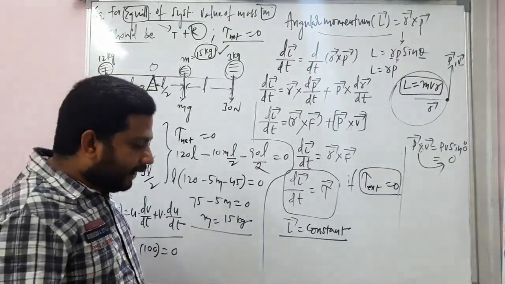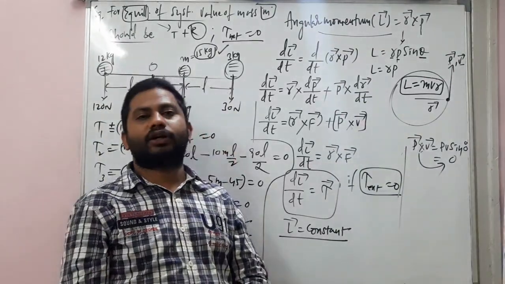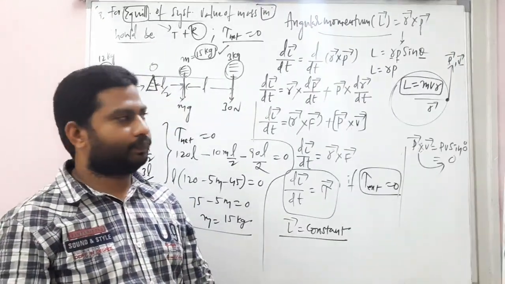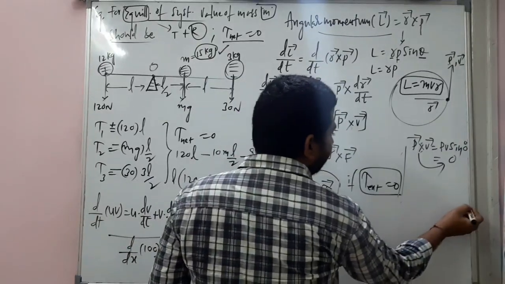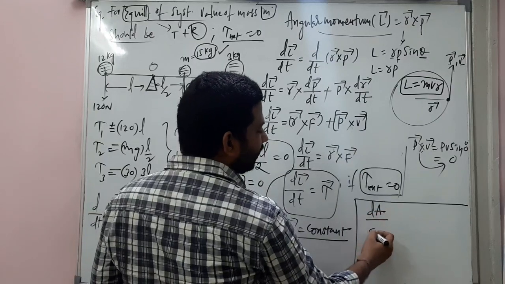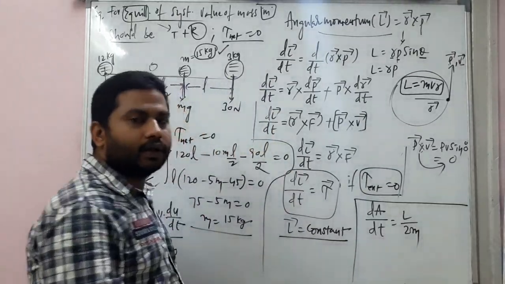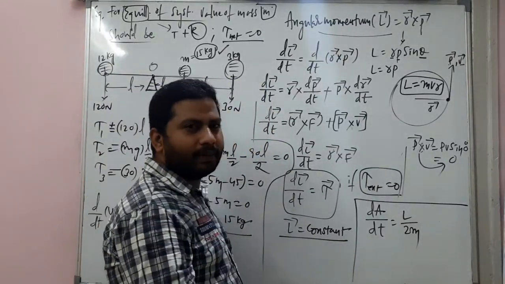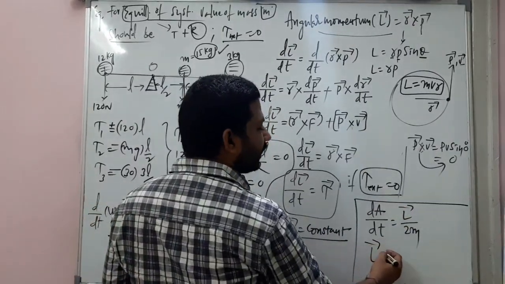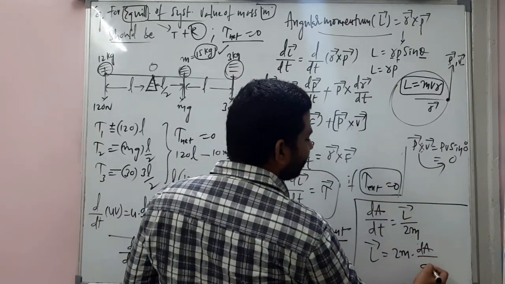Remember. And anyway, after a few classes we will be learning about the law of conservation of angular momentum also. And this is what the angular momentum concept is related with Kepler's laws. dA by dt is equal to L by 2m, or L bar by 2m, and L bar can also be written as 2m into dA by dt.